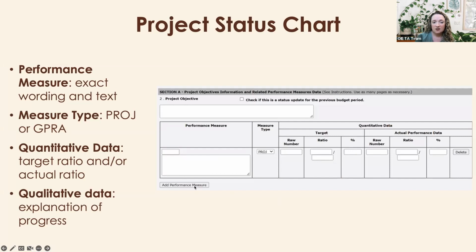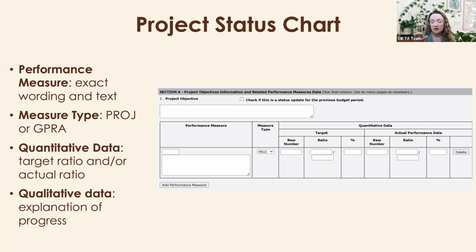And then you can see you can always use this little button at the bottom to add another measure. Keep in mind, this is a tip I like to give in general. If you hit add performance measure, it's going to add it on that same page, which means you're just going to have one explanation of progress box for any measures on that one page. If you have two measures that are related, that can work well. If you have two that are unrelated, that may mean you don't have enough room to really write a robust